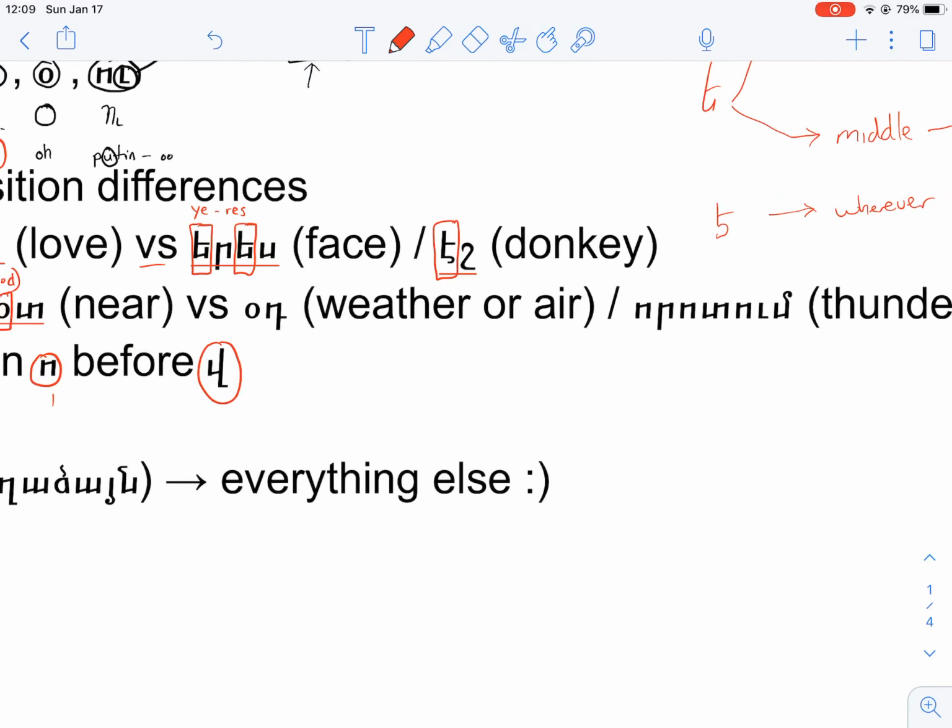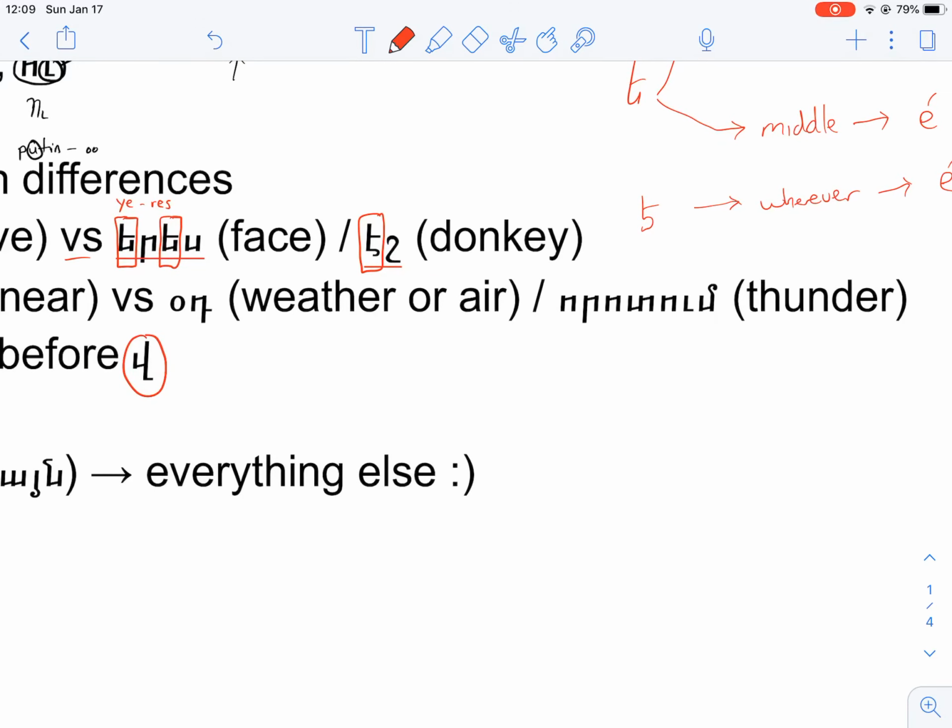fortunately, similar again to the yetch, when vo is in the initial position... but if o is in the initial position, ot, which is the word for weather or air, o is always pronounced as o. It doesn't matter where it is, middle or the front in the initial position, it's pronounced as o. So this is ot phonetically.